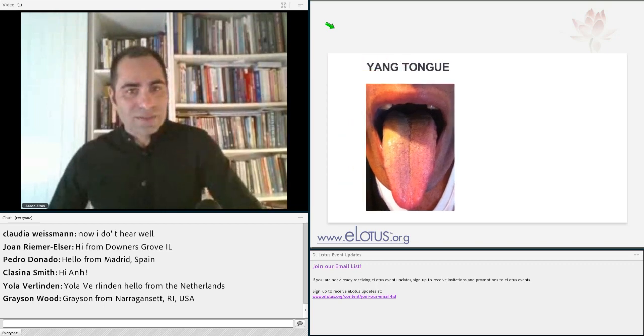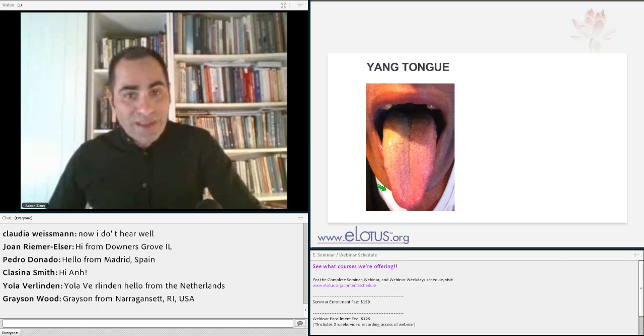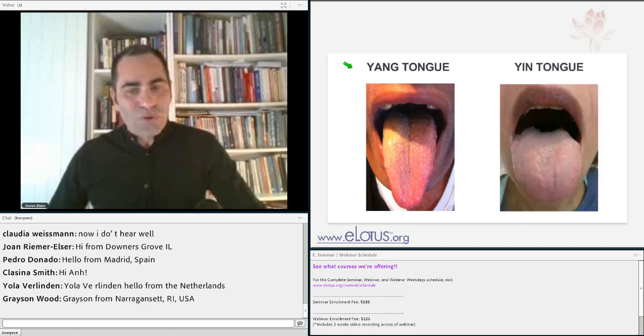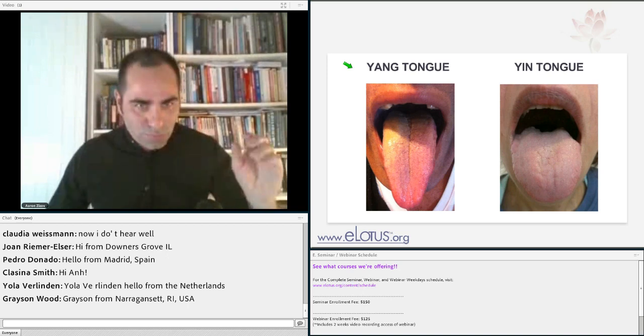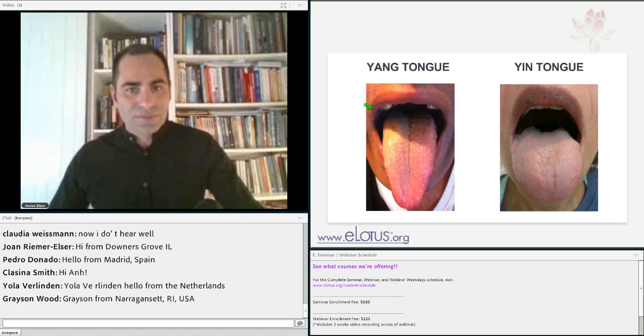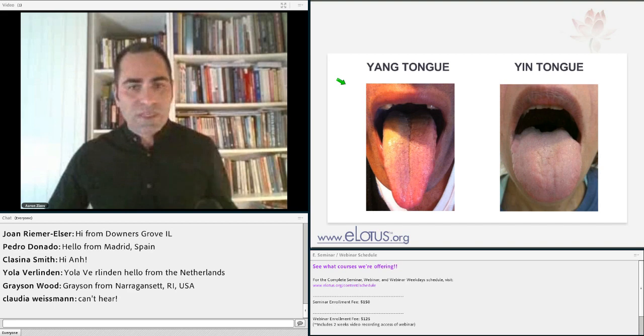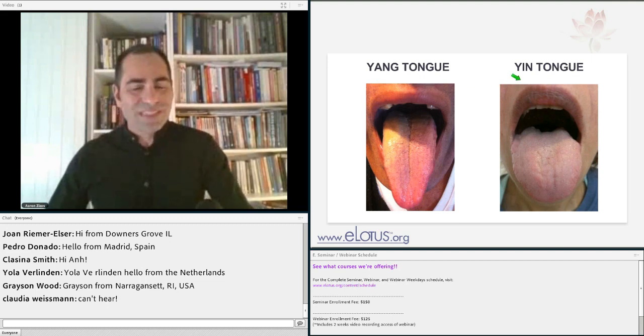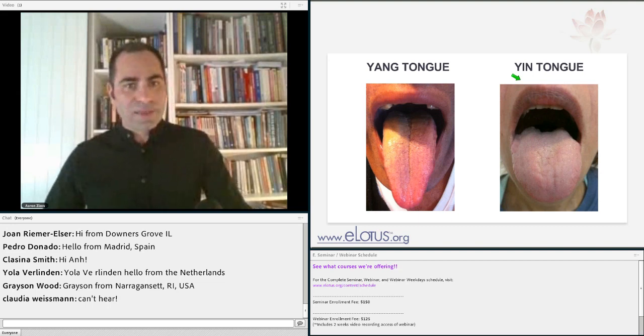Just as an example, a yang tongue, or a tongue that describes yang energy, is quite long, quite red, and quite narrow in comparison to a yin tongue, which is more round and more swollen. Just a basic comparison between these 2. Later, when I talk about the different shapes, we will be able to see the different personalities. With a fast look at the yang tongue, I can see a person who is a fast thinker, restless, anxious to do things very fast. So he thinks fast, he acts fast. In comparison, the yin person is more slow, taking things very easy, and it takes more time for him to